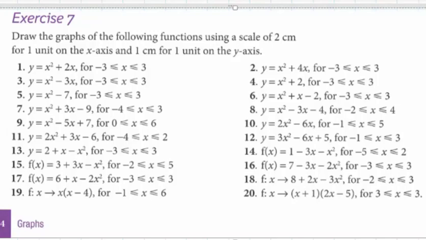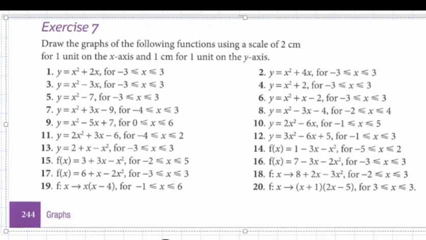This is Oxford Complete Mathematics for IGCSE students, and in this tutorial we're going to talk about graphing quadratic equations. How can we draw curves? How can we plot points from quadratic equations? And how to start. So before we start with this set of exercises on page 144, I'm going to